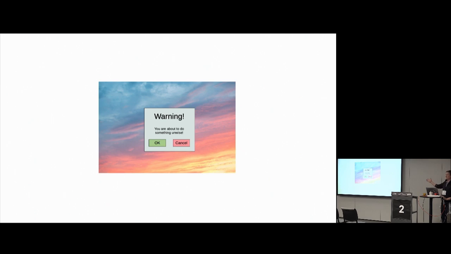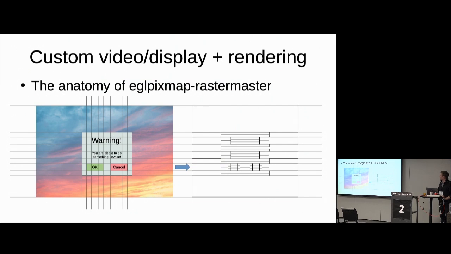So let's study this example of a graphical interface with a background image. There's a dialog, some text at the top, at the bottom, and a button and a second button. This is a classic, very simplistic representation of a UI and what you might want to render using QPainter or a software painter. So what did we do? We came up with an algorithm that was suitable for threaded rendering.